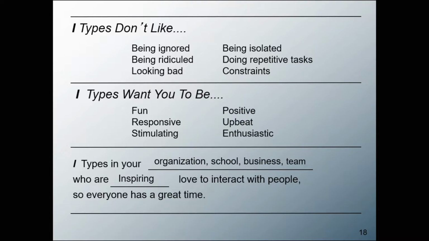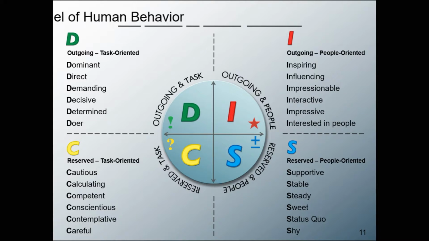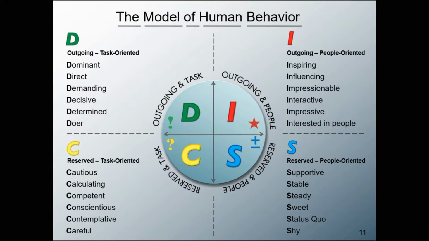Make sense? So you probably recognize people. Maybe you recognize yourself as being outgoing, people-oriented, inspiring, influencing, and liking interaction with people, and to a dominant degree. Okay, so yes, everybody would say at some point, yes, I do want that, but is it something natural in you that you absolutely need to do on a regular basis? If so, yes, this type is dominant. If not, then there's another type that could be dominant for you.